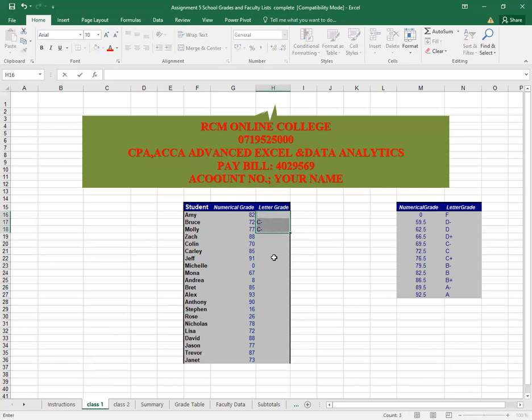Let's use this different method. Just activate your cell, say VLOOKUP. Take the lookup value, which is the grade. The table array is the grade table here, fully $ referenced or fully locked. Then we need it to return to us the letter grade, so that is column index number 2, comma, and we need